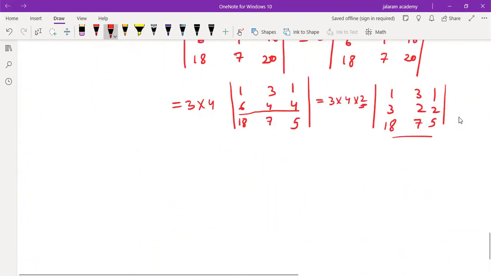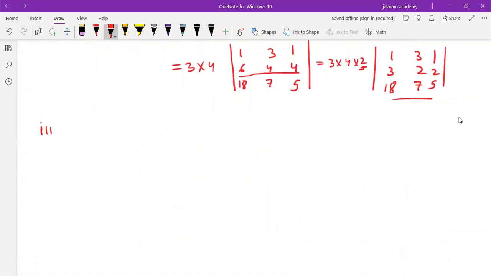So now we discuss the next property, a very important property, the third one. As we know, if we transpose a determinant, it gives the same answer. Now we can expand a determinant by any column or by any row. It means that if its transpose is taken and then we find the determinant, it will still be the same as the determinant of A. Means the determinant of the transpose of a matrix is equal to the determinant of that matrix itself.